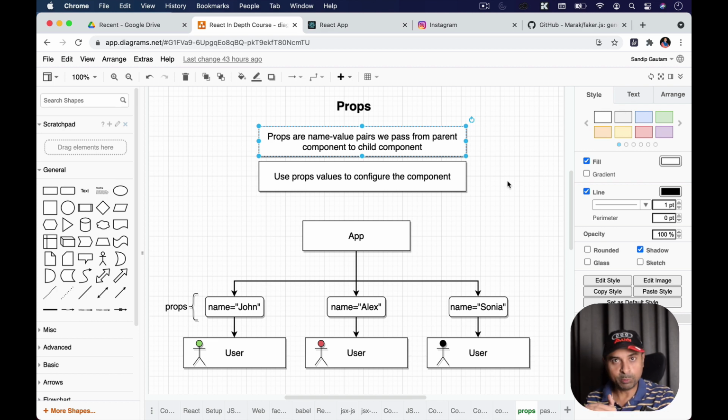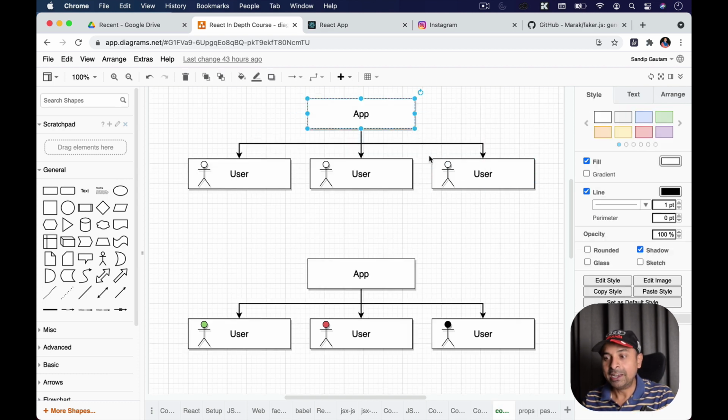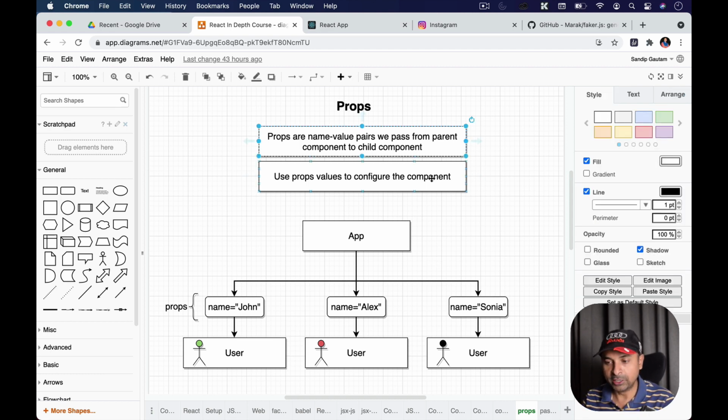In our case, the parent component is app, right? And app is going to pass all these user related values, in our case the name and the image source, which is going to create different users for us. So props are name value pairs we pass from parent component to child component. We use props values to configure the component.